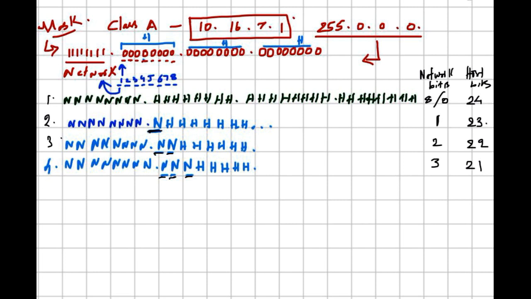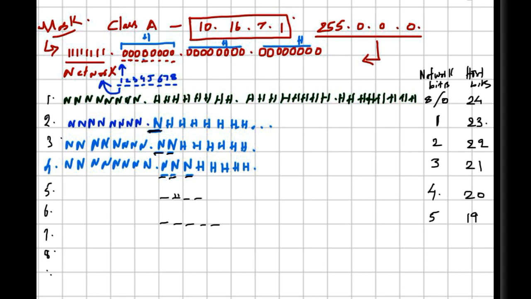In this way you do 5, 6, 7, 8, 9. The same process will continue, taking one portion of the host bits and converting it to network bits. So here we will do 4 bits now. There are 4 network bits and the remaining are all host bits, so 20. Similarly now 5. Remaining are all host portions, it is 19. So in this way